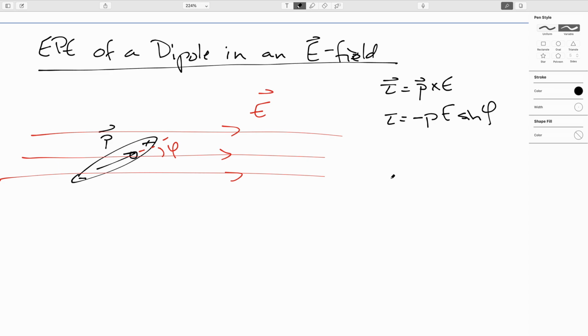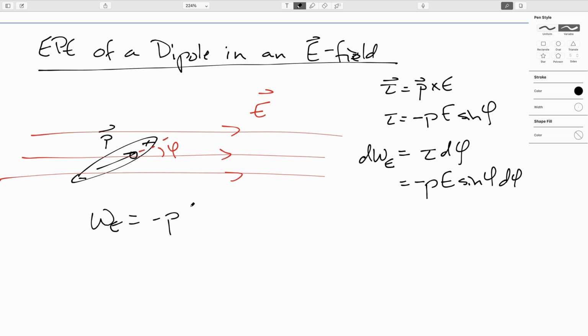So just like we can say that the work done by a force is the force dotted with the displacement, you can do exactly the same kind of thing with torques. So the differential of work done by the electric field on the dipole will be the torque it exerts times the differential of angle you rotate through. So this will be minus PE sine phi d phi. Then the work done by the electric field will be minus PE, integrate from phi initial to phi final,